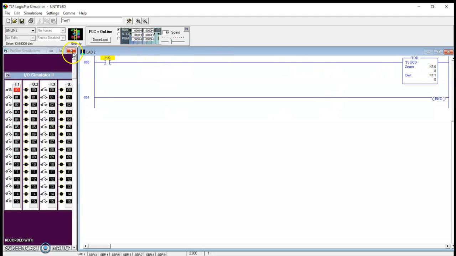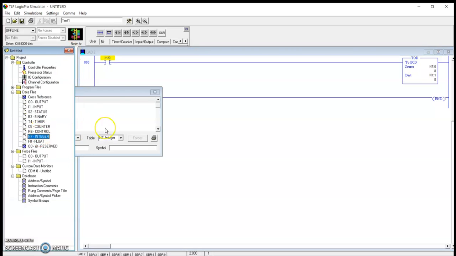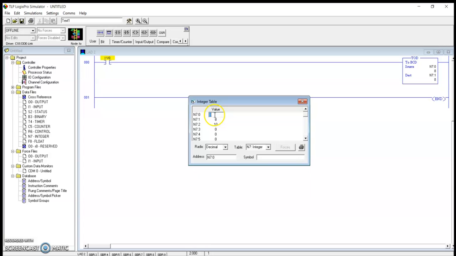So we will change some other values. Go here to N7 and I'm giving the decimal value 10. In decimal it is 10. If you want to see it in binary, it will be 1010. If you want to see it in octal, it is 00012. You can see it in anything. If you scroll, here it is written radix. If you want to see it in binary, it will be shown in binary; octal means octal; decimal means decimal.